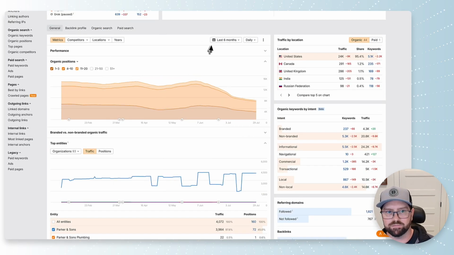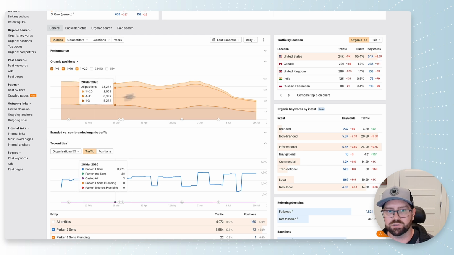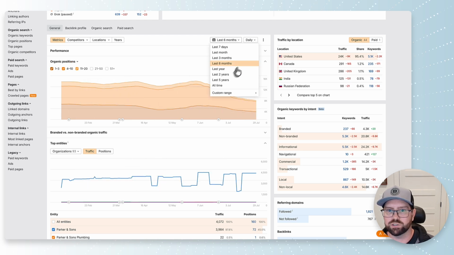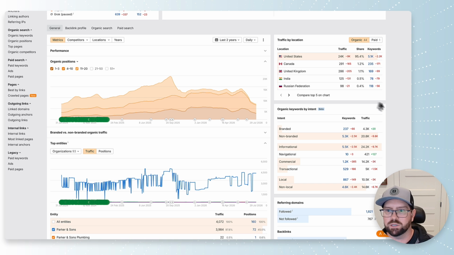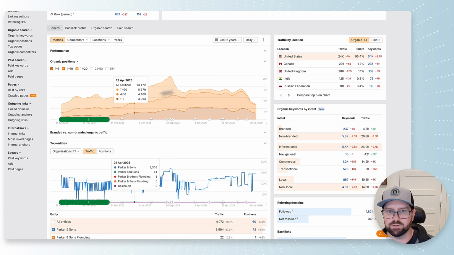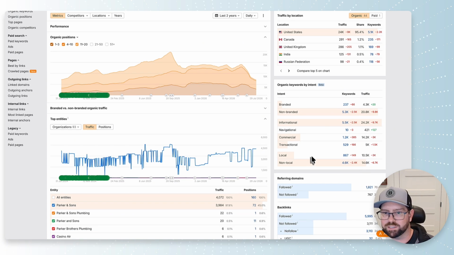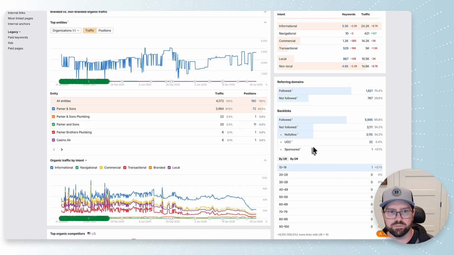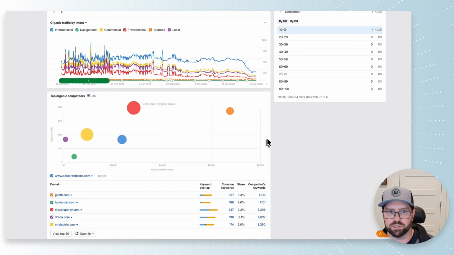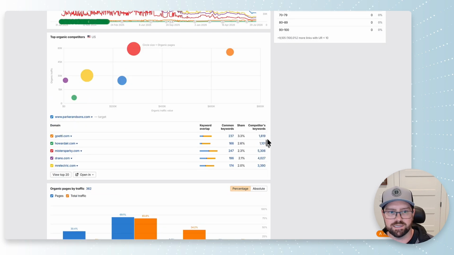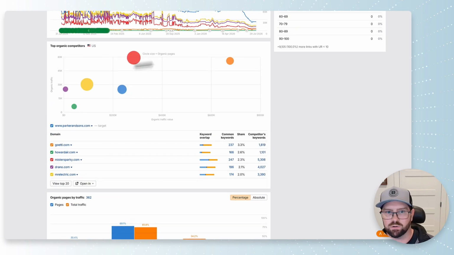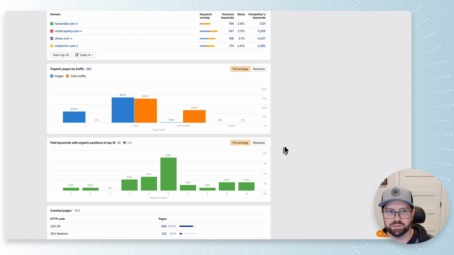A little graph that shows you the organic position change over time. Of course, you can change the dates on these too, just to better understand how the trend is looking over time. Brand intent, referring domains, it just goes on and on in terms of all the different data that you can capture, even seeing the overlap between the different competitors. So